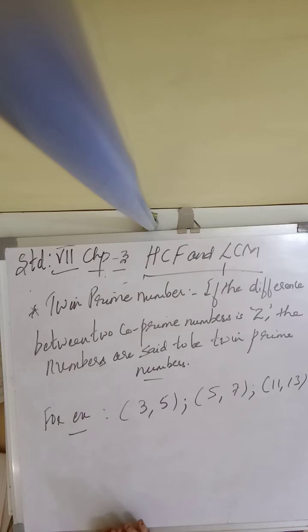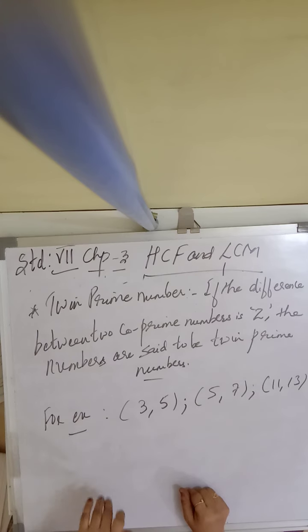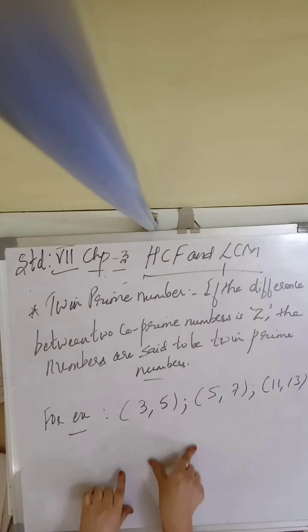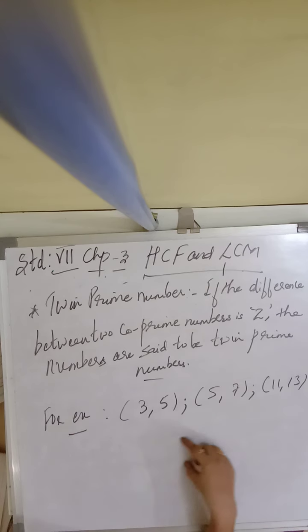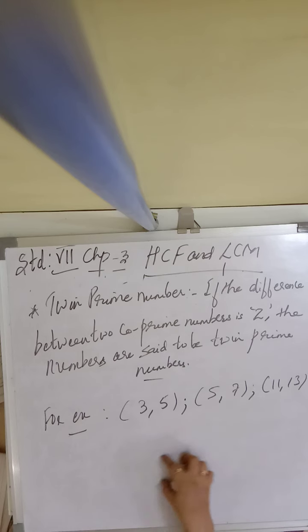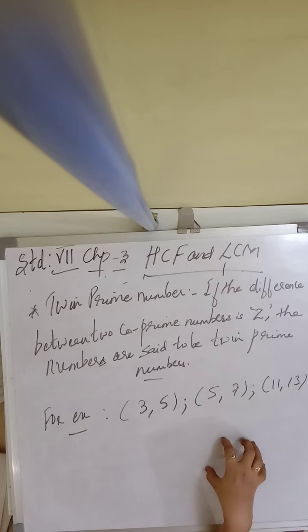Clear? Sometimes, children, if you feel the clarity of the video is not good, there is an option on the right side of the screen. Whenever you open the link, you will find 3 dots. Click on that, then a menu will appear. In that menu there is an option called quality. Click on quality. There you can change the resolution, and when you change the resolution or pixels, the video becomes more visible and clearer.